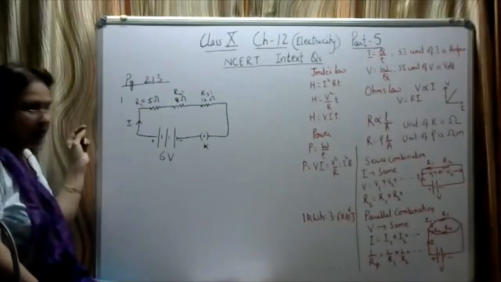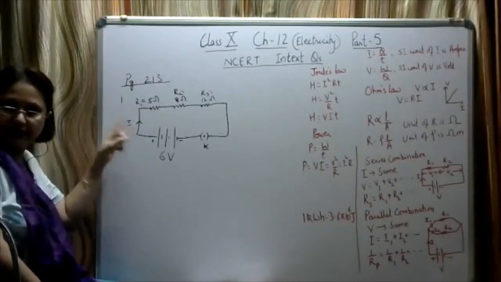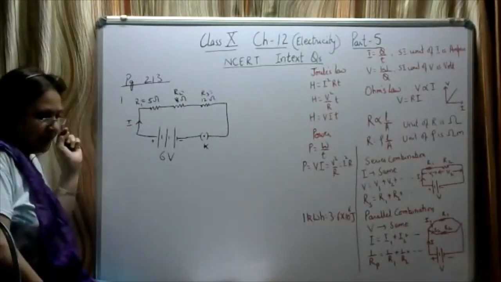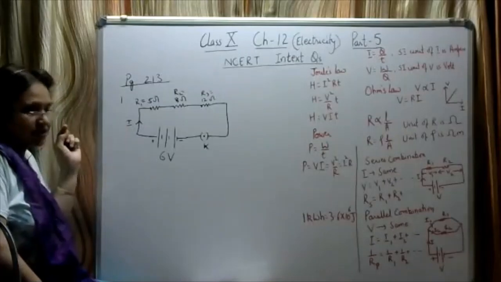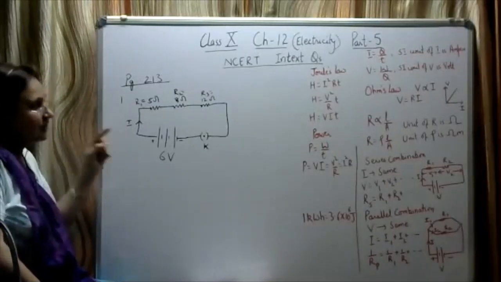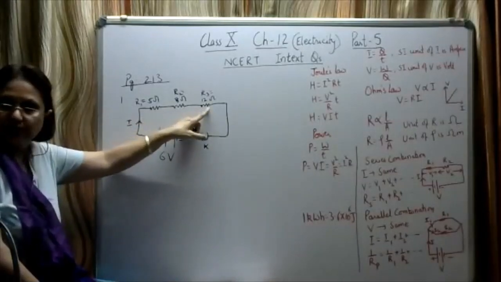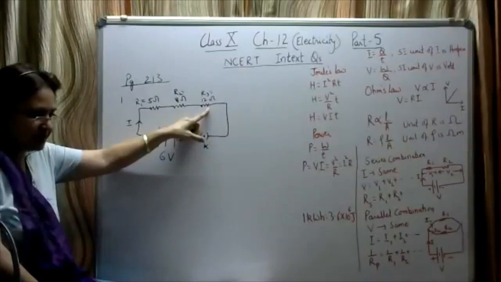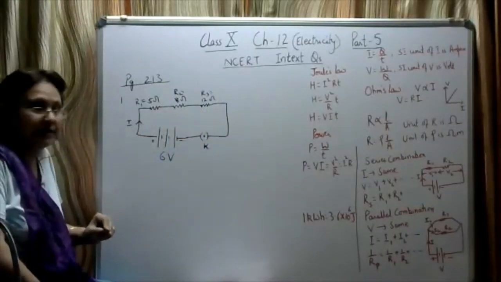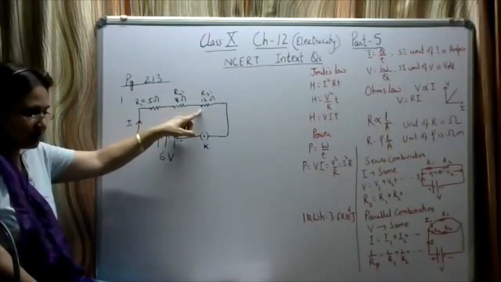Question number 2 is, redraw the circuit diagram of question number 1. The same circuit diagram we have to once again draw by putting an ammeter to measure the current through the resistors. Here you have to connect one ammeter and a voltmeter to measure the potential difference across the 12 ohm resistor. Okay, so only the potential difference across this has to be measured. What would be the readings in the ammeter and the voltmeter? So here you have to find out the current and the potential difference across the 12 ohm resistor.